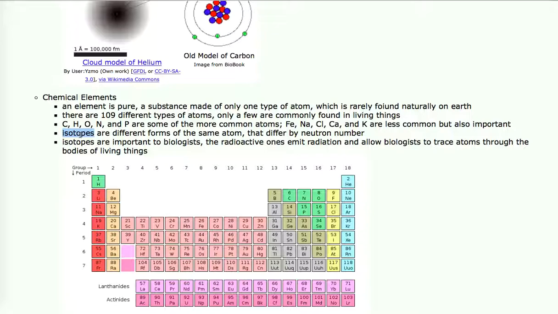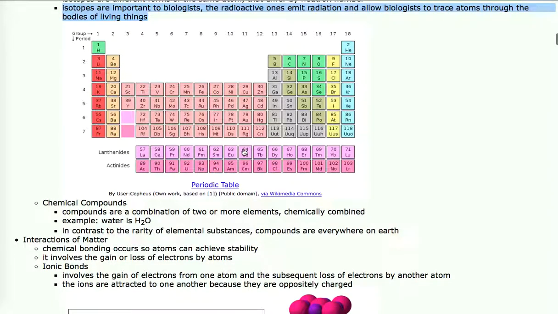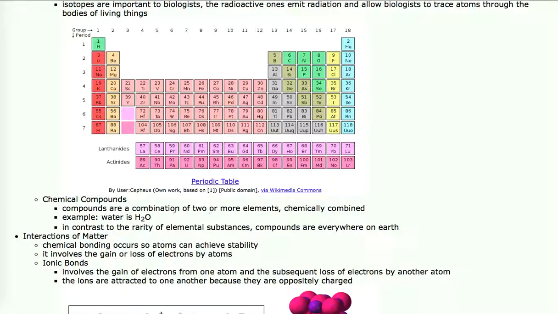As it turns out, most atoms have a perfect neutron number. That atom is not radioactive. Most of the other types of isotopes of the atom have imperfect neutron numbers, and they're radioactive as a result. And what they tend to do is kick neutrons out or kick protons out to try to get a stable ratio of protons to neutrons. But in doing that, they're releasing radiation, which is actually dangerous to you. So you don't want those things around. Isotopes are sometimes very valuable for tracing where atoms go in bodies. So they get used sometimes, especially in medicine, but we won't talk about them much here.